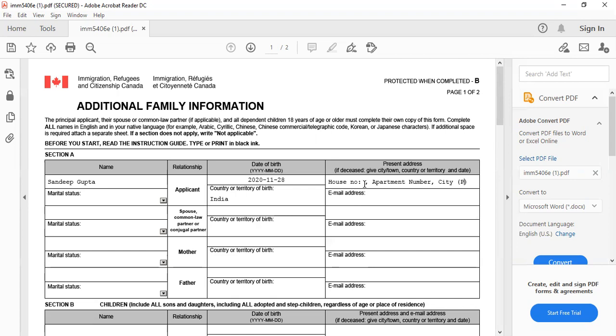I would also suggest you enter the pin code here, and then we also need to provide the country over here. You also need to mention the email address, like at gmail.com. So you can enter your email address over here.